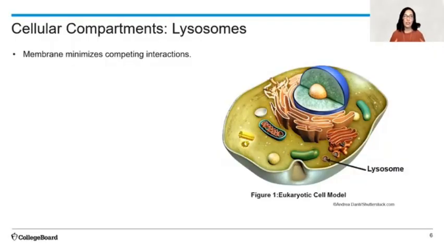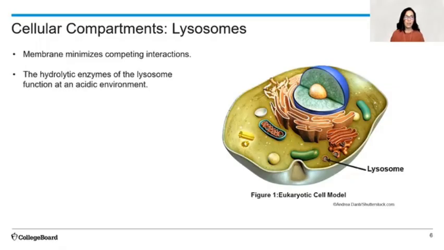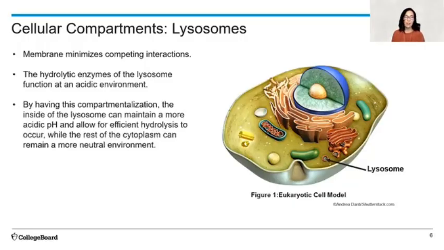When you have several reactions occurring in the same location at the same time, molecules from these reactions can interfere with each other and maybe speed up a reaction or slow it down based on that interference. So it's valuable to have the compartmentalization that we see here. In the case of the lysosomes, they contain hydrolytic enzymes that are involved in chemical digestion. But these enzymes need to function in an acidic environment, which can be nicely maintained in the membrane of the lysosome. So you can have an acidic environment inside the lysosome,